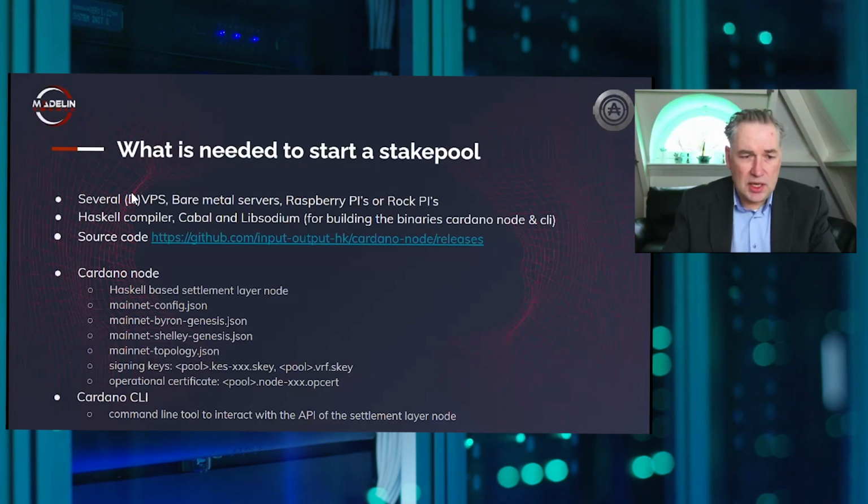So like I said, you need several VPS and bare metals or Raspberry Pis or ROCK Pis. You need certain tools like Haskell compiler, Cabal and Libsodium to build the Cardano node and the Cardano CLI. The source code can be found in the GitHub repository. The Cardano node has certain configuration files which you need to download. You have to create signing keys and certificates. And on a stake pool, there is a key evolving